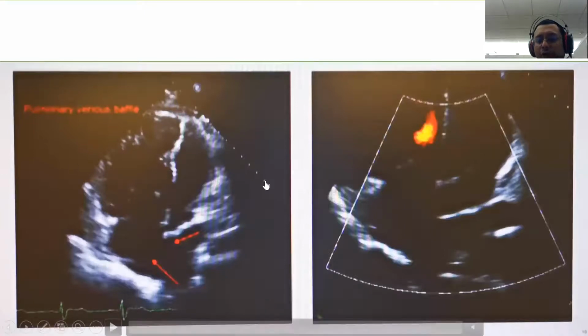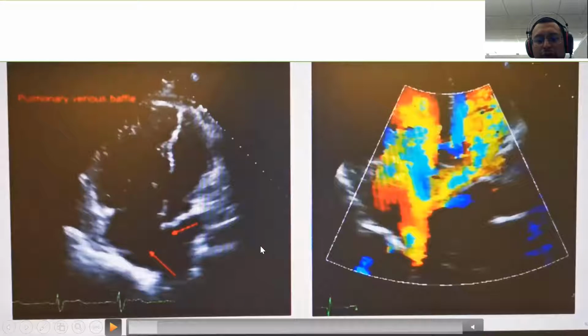I won't ask you a question. This is another example of a patient with DTGA. In this patient, this is LV, RV, LA, and RA. So what happened here? They baffle the blood from the pulmonary vein into the right ventricle, because this patient has